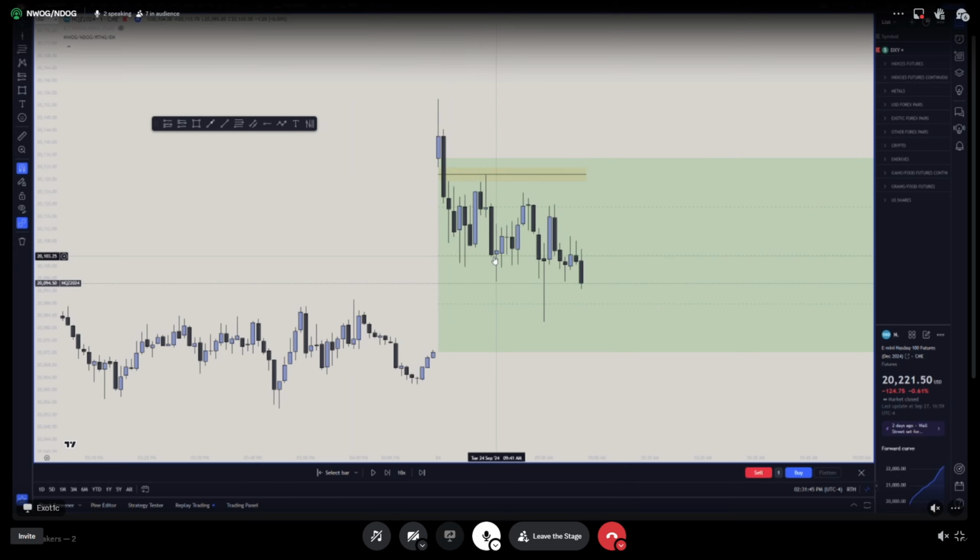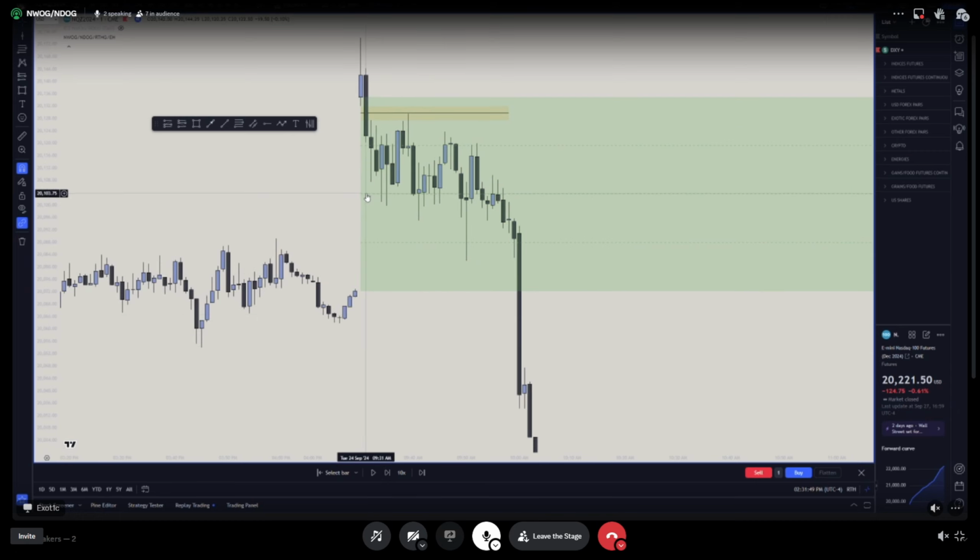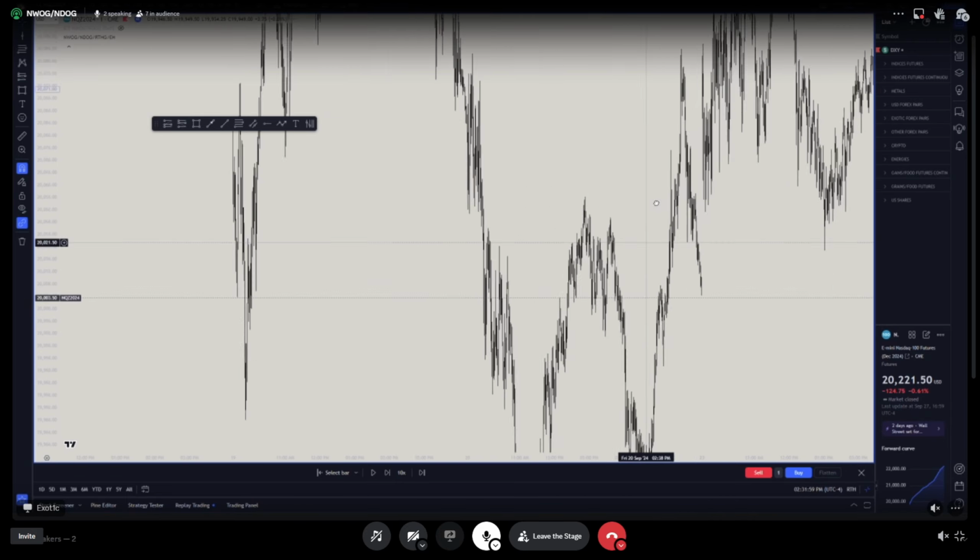Boom, price comes down back to the consequent encroachment of this level here, right? Consequent encroachment of this opening range gap. Yeah, I did hit it beforehand, but you can see price gravitated towards it. You could have taken this first fair value gap and took it back down there again. We'll go and we'll find another day